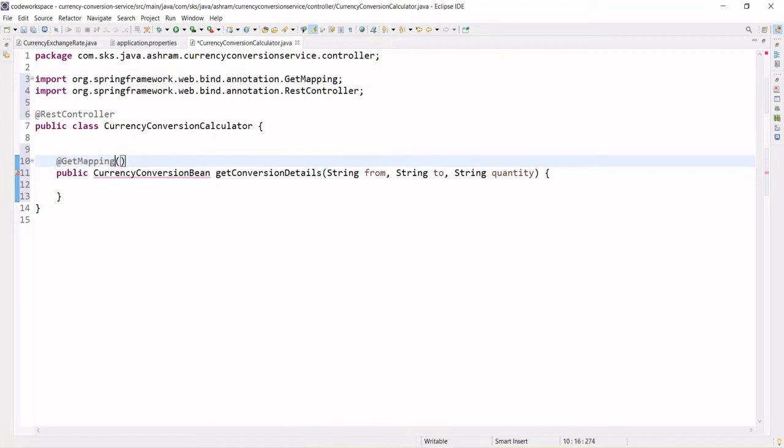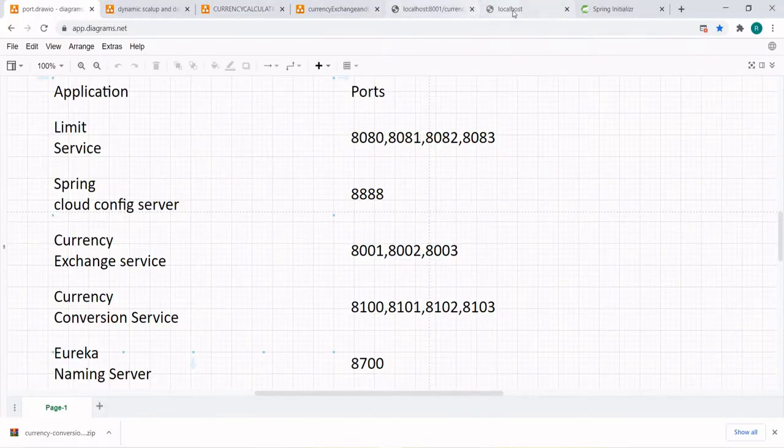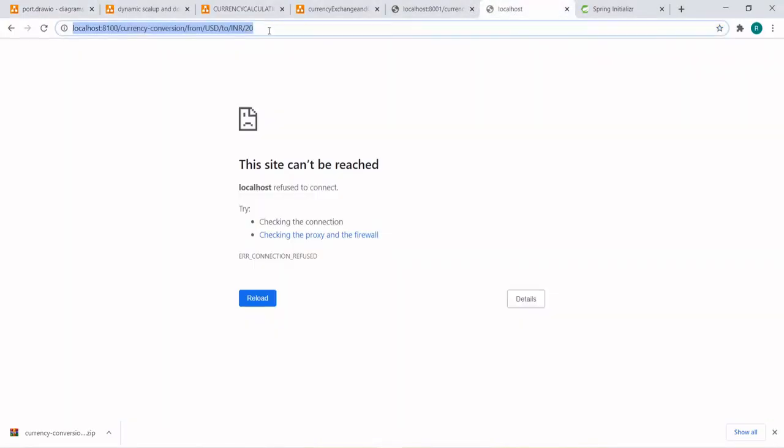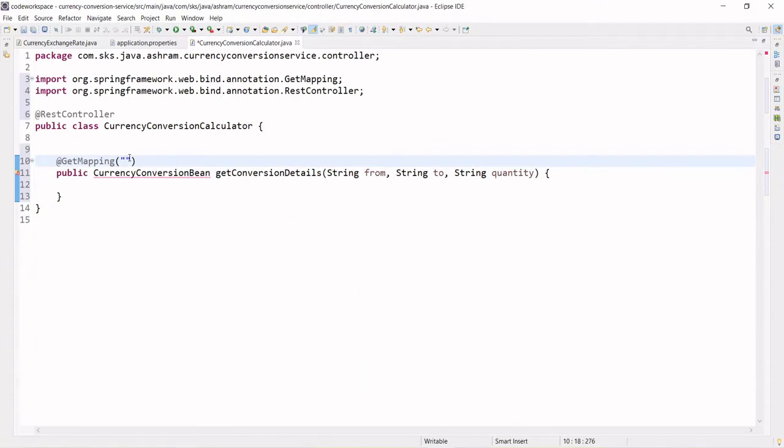And this should be the parameter, right? So go to the browser where we have created the URL. URL will be like this, right? Copy this from here to here. So this should be the URI of that GetMapping, right? So instead of USD hardcoded, this will receive the parameter.